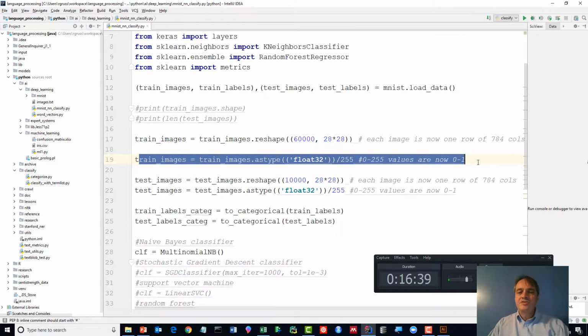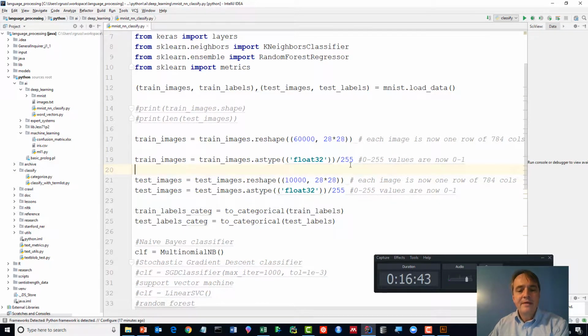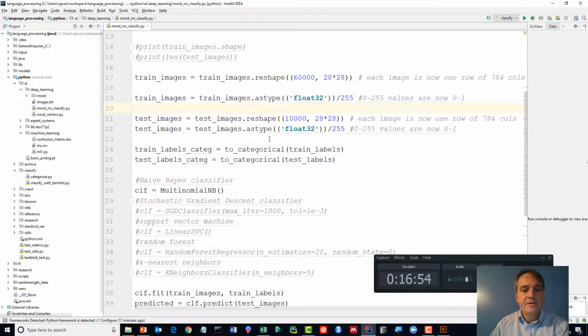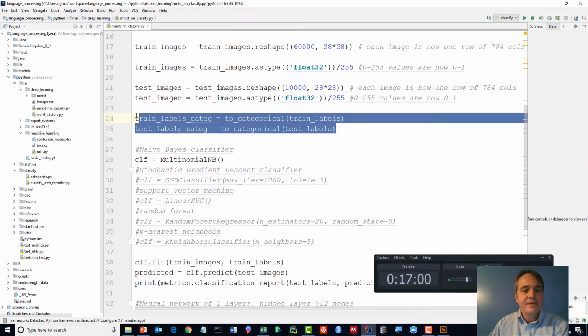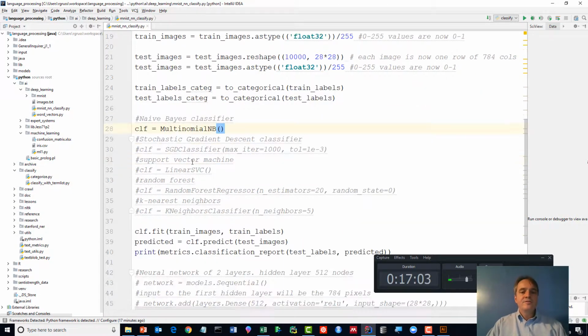Just to make it nicer to work with, instead of having the numbers going from 0 to 255, if we divide them by 255, the numbers are now between 0 and 1. That just makes it easier to work with and feed into the neural network. So we do the same thing with the testing images too. I'll explain what these are later. So the first thing we're going to try,